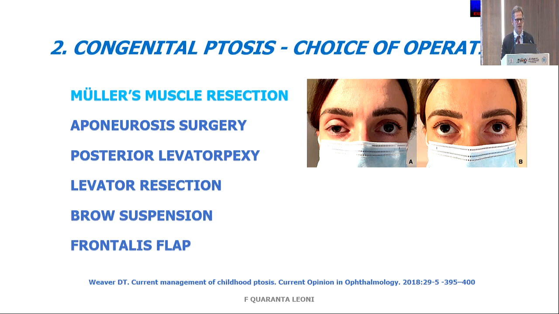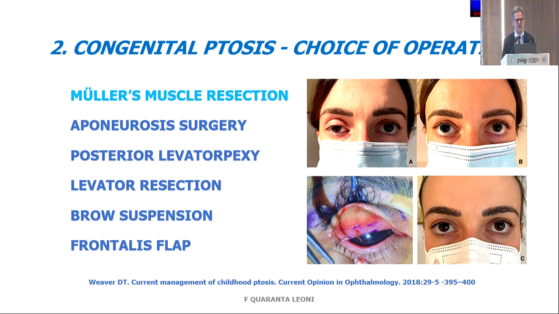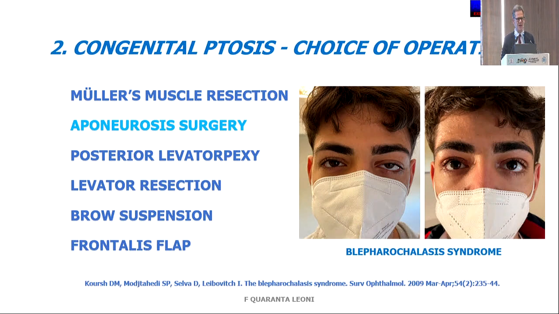So the choice of operation. Is there any room for Mueller's muscle resection in children? There is, if you see a youngster, a teenager who had a congenital ptosis and there is a positive phenylephrine test. In this case, of course, you can use Mueller's muscle resection. And again, aponeurosis surgery. This is good when you have a true blepharochalasis syndrome. And my advice is to perform bilateral surgery and to operate these teenagers quite young to obtain symmetry and good